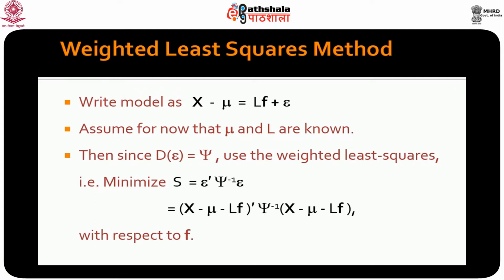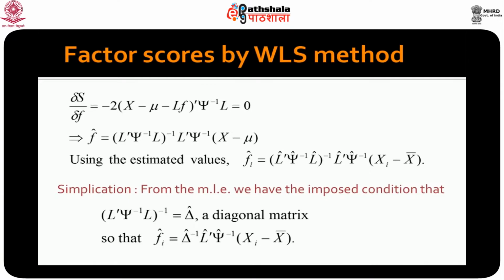We minimize epsilon prime psi inverse epsilon, which really means that we minimize (x minus mu minus LF) prime psi inverse (x minus mu minus LF). If we take the derivative of this, it is easy to see that it becomes (x minus mu minus LF) prime psi inverse, and you get an L from the second half, with the minus 2 multiplied to this. And when equated to 0, this would simplify to